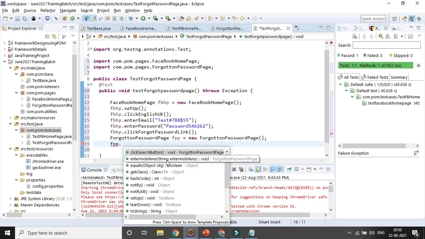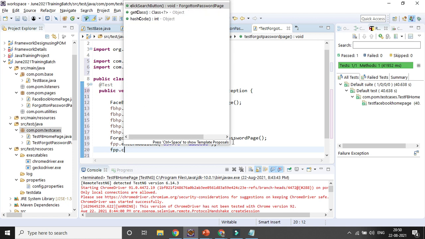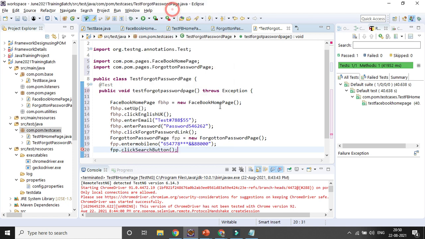So mobile number, enter, I can give anything which is not relevant, otherwise it will create some problem. Then I will be using dot click search, right. So that's why I can create it, and I will be quitting the driver, right.